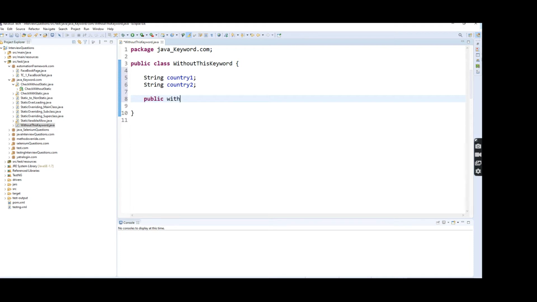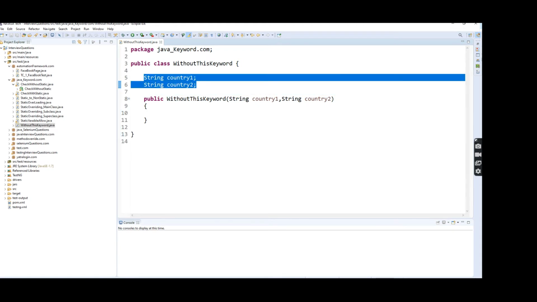Public, and here I am going to pass two parameters, string country1, string country2. So I am passing two different parameters and I already defined instance variables for this class.